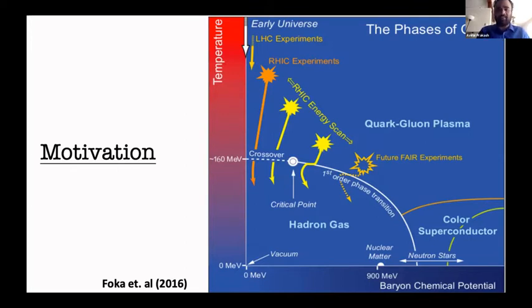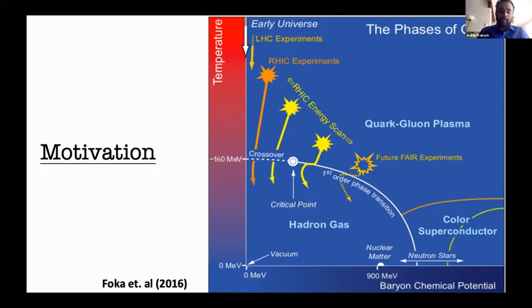On the y-axis, we have temperature in mega electron volts, and on the x-axis, we have something called the baryon chemical potential, which we can take to be density. At nominal temperatures and nominal densities, matter as we know it is composed, at the most fundamental level, of quarks in confined states. For example, baryons are triplets of confined quarks, and mesons are made up of doublets of quarks and antiquarks. However, it is possible that if you go to extreme temperatures and densities,